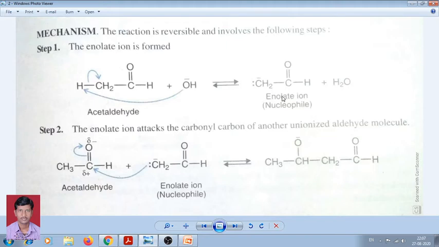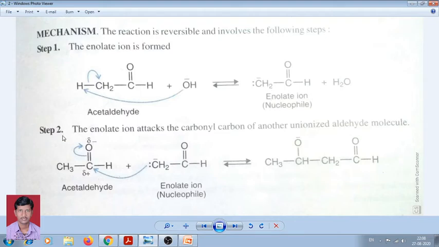Now this is called the enolate ion. This enolate ion is nucleophilic in nature because there is a negative charge. Why does the negative charge appear? Because the base abstracts the proton H plus, and the electrons between the hydrogen and carbon shift towards this carbon. Electron density is therefore more here, the carbon becomes an electron-rich species and becomes negative, giving CH2 minus. Now it acts as a nucleophile.